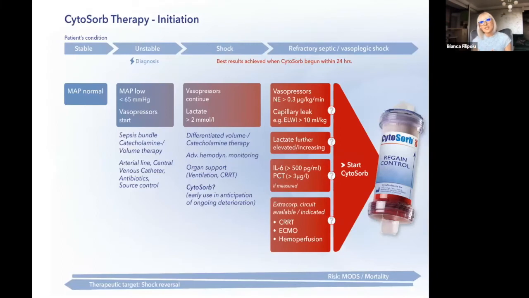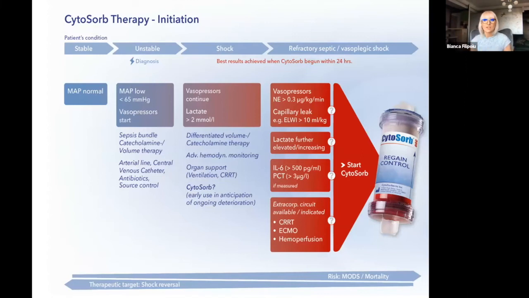So we have some recommendations about when not to start the therapy, but when to start the therapy? Our general recommendations regarding critical patients for initiating the therapy are the following. Basically, we have two kinds of approaches. It's an early initiation of the therapy when our patient has shock, has a continuous vasopressor administration, has lactate over 2 millimoles per liter, and at this moment requires advanced hemodynamic monitoring, requires ventilation, but the patient has not developed renal failure yet, so the need for CRRT or hemodialysis is not there yet, but we can start here Cytosorb treatment as a hemoperfusion treatment, as a standalone therapy, and we can